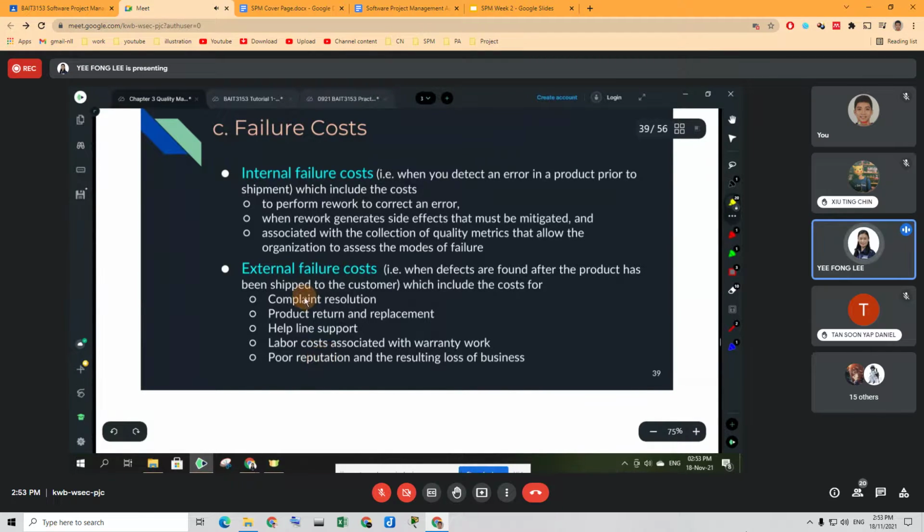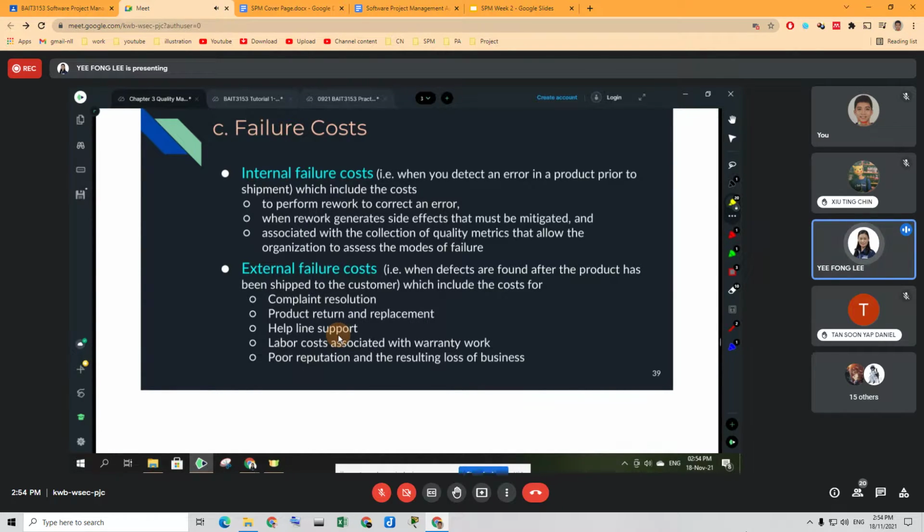So when the customer complains and returns the products, you need to do repairing and give service. That incurs costs. If the failed product is under the warranty period, it needs to be replaced, so that also incurs costs. All works